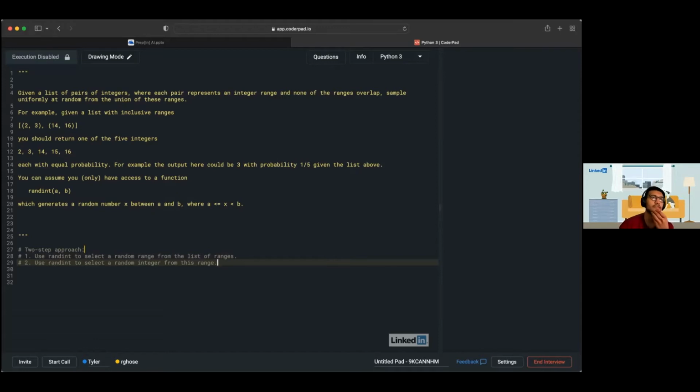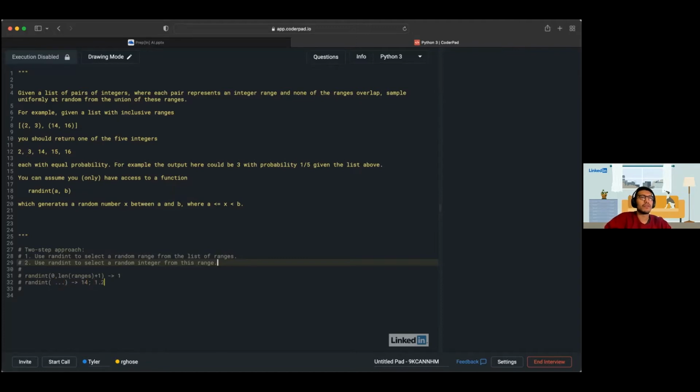Okay, so select the random range first, and then an integer. So if I kind of work this out, to select a random range, what would that call be? Like randint of 0 to len of the ranges plus 1. So then we would get like 0 or 1 there. Yeah, something like that, right? Okay, cool. So it generates, let's say 1. So then inside of that, we would call randint again, and then we would get like the 14.